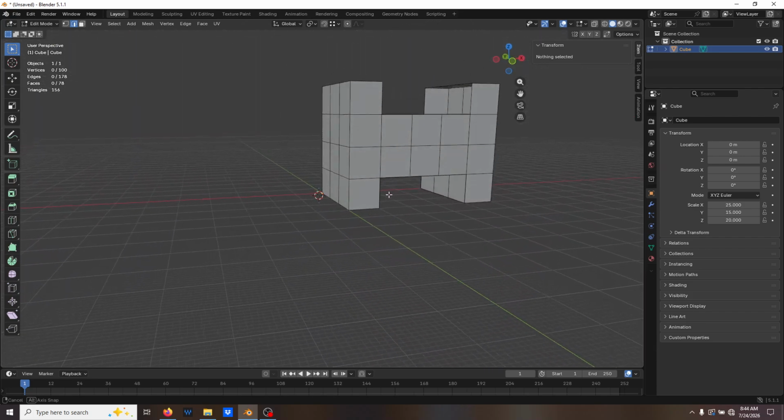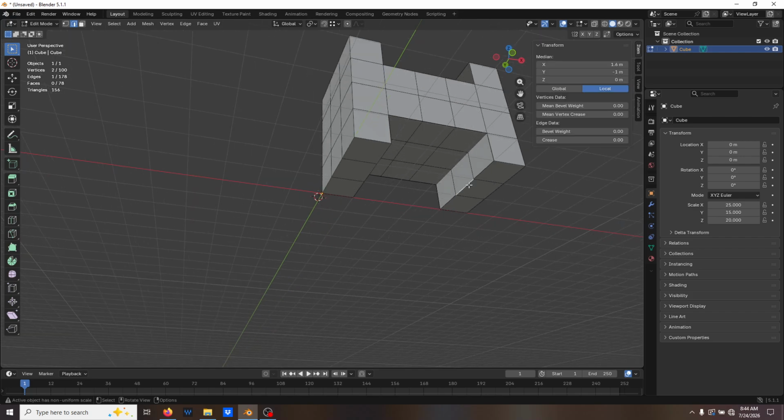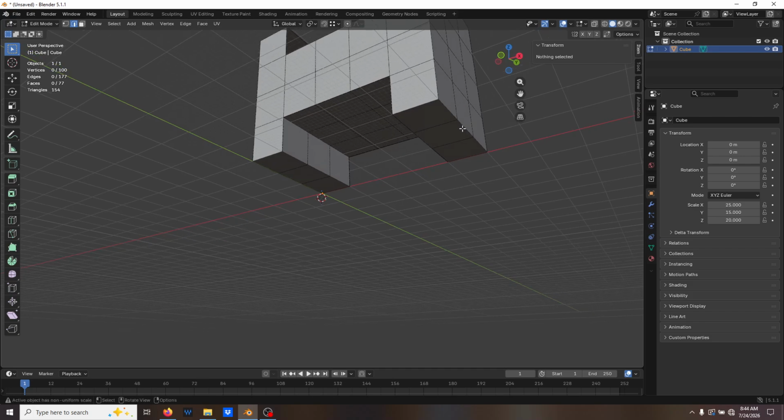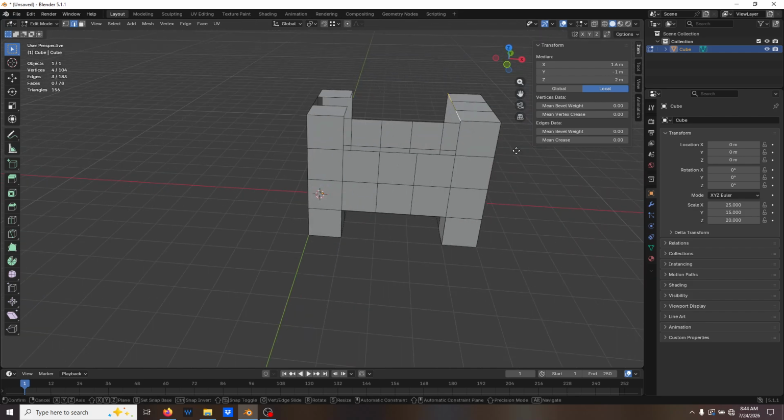Okay, and then I'm going to go back to this one, and then I'm going to select my edge here, delete the edge, and then I'm going to go here and delete that edge. Okay, and then I'll go back to these ones here, and then I will extrude Z. I'll just snap for these ones. Extrude X. Snap to that one, extrude X, and then I'm just holding control here,